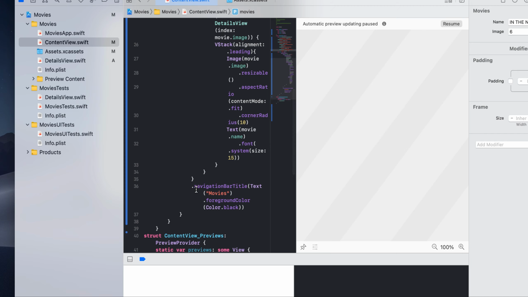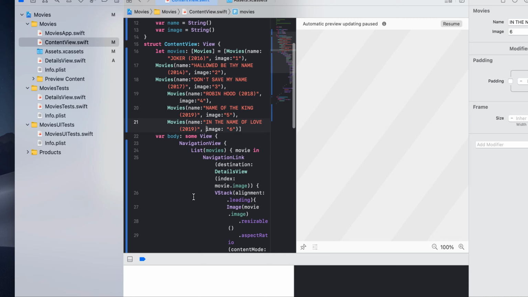After finishing it, we decide the navigation bar title. So there should be a title for that particular thing. So we said we are going to have movies, but if we start writing something like, say, hallowed be thy name, what is this? Is it a movie or is it an article or whatever it is? So I have to give something like a heading for that.